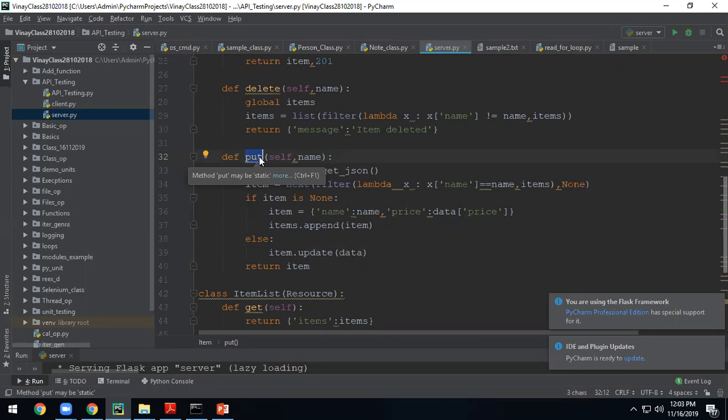So these functions, put and all, they are coming in Selenium only, not by default. No, it's not Selenium. Selenium we completed last week. This is API testing. Like here also we have installed some package, so by that only we can use them, or by default in Python also they are there.